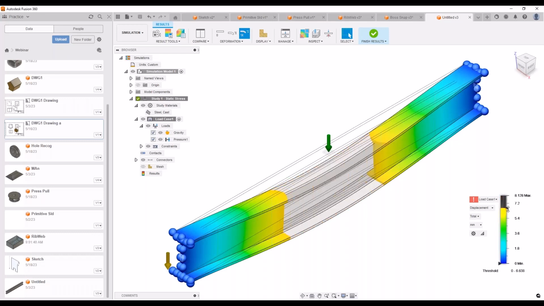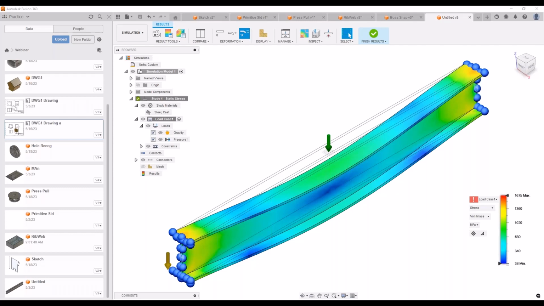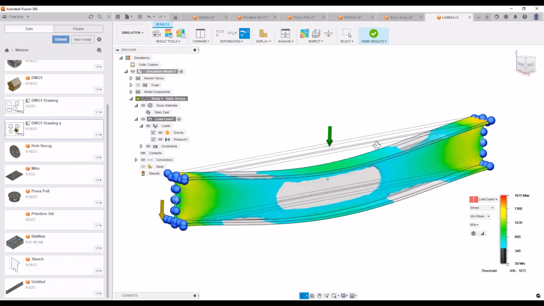So you can go and just highlight the sections that you want to look at and define how you want to look at the stress diagram. So for example, you see that there's a max stress of 1675 MPa. If we drop it down, you can see that none of the points actually reach that. As we go down, you'll start seeing which section of the I-beam is experiencing what stress level, and you can go the other way as well, from the bottom up. So if you take it out like that, you can see what part is experiencing what level of stress,